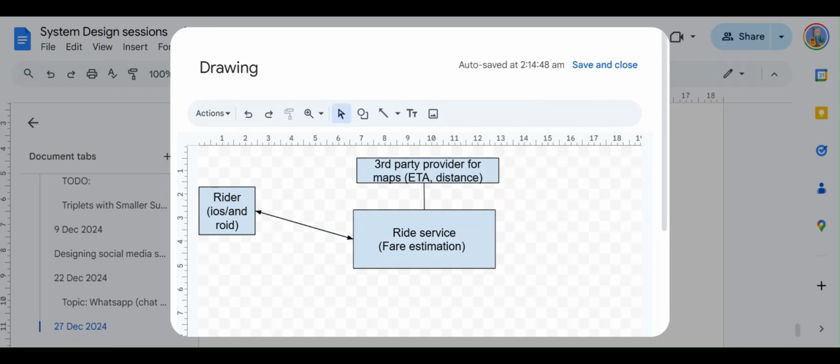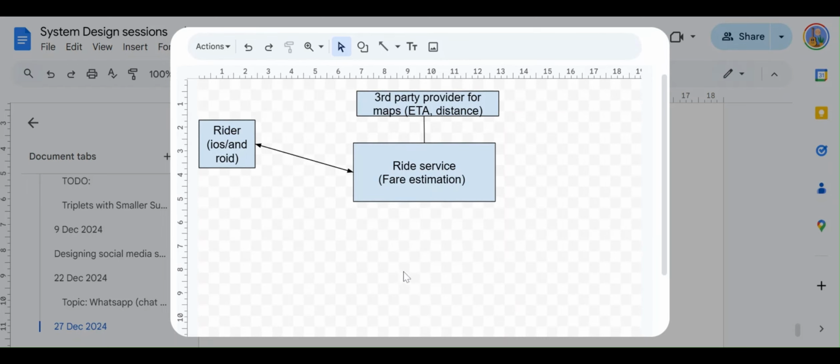One element is you can start with one instance at a point in time, and then you can scale it up. So right now we're just taking a look at the one instance, but even for the one instance, we have a ride service right now, which is handling the fare estimation, and then we plan to add a bunch of other services as well, let's say a location service to handle the continuous updates of locations from the driver. There could also be a ride matching service that we want to build to match it, but we'll go there one by one.